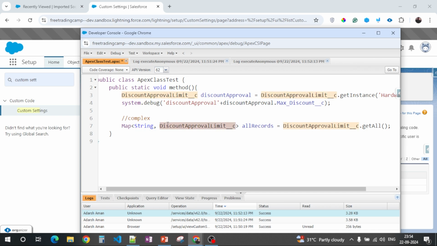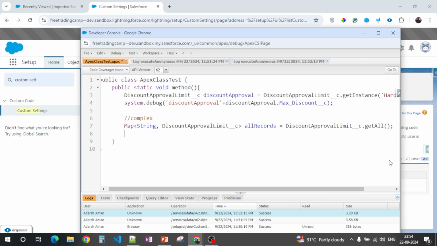And we need to define it in this way only because the getAll method gives you all the records of that custom setting, right? So even if I print it now, getAll, it will print a map of records.